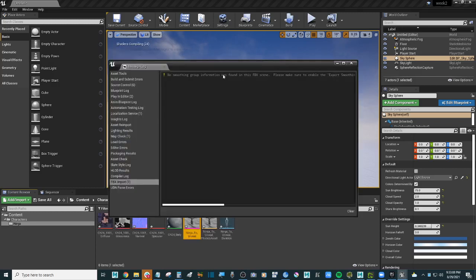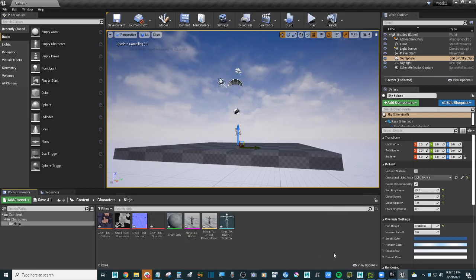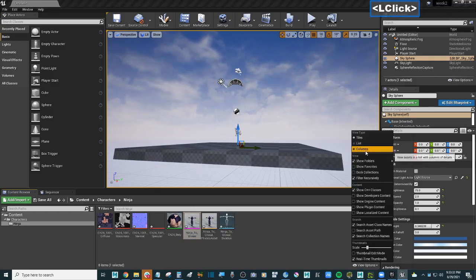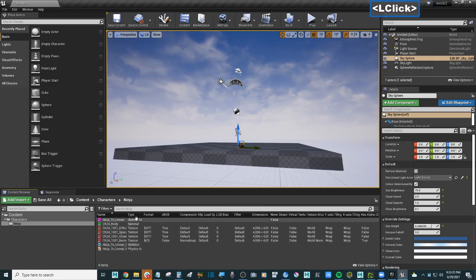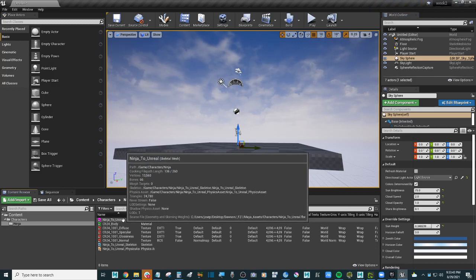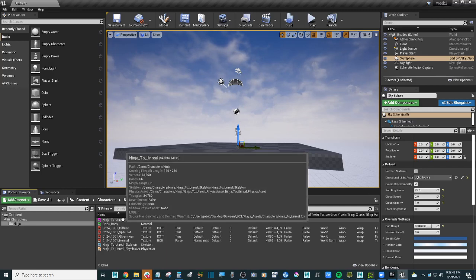No smoothing group, that's okay, we don't care. The one file, as you can see, 1 FBX equals 8 files actually. So you have the texture, the normal map, specular, materials, and the skeletal mesh. This is the one we're going to be working with most of the time. So when you see skeletal mesh, this is the file that has the skinning, the mesh, and the joints in it. So if you open this up,